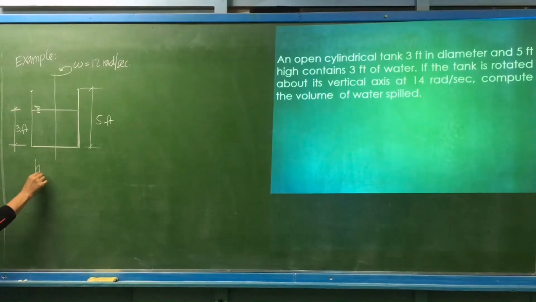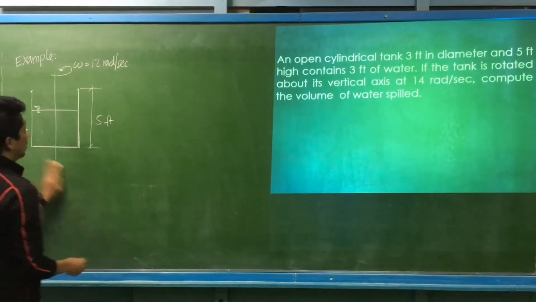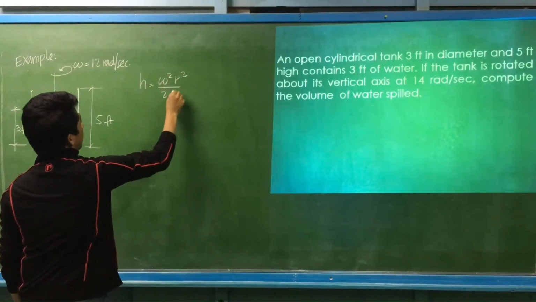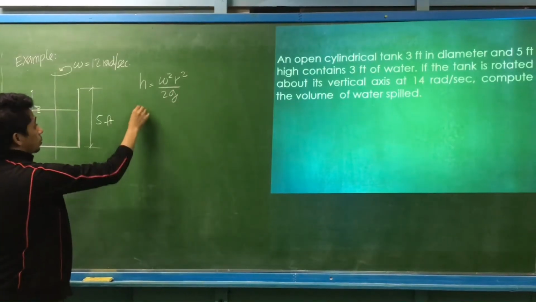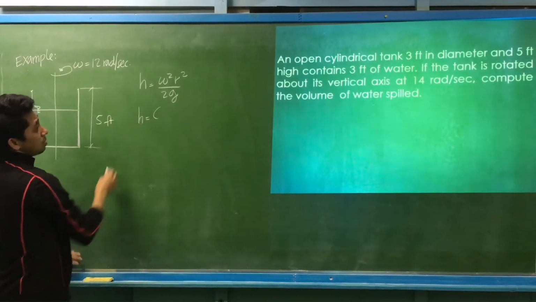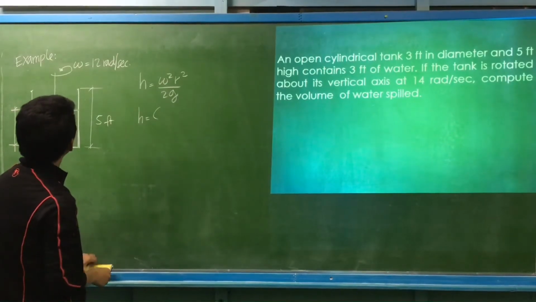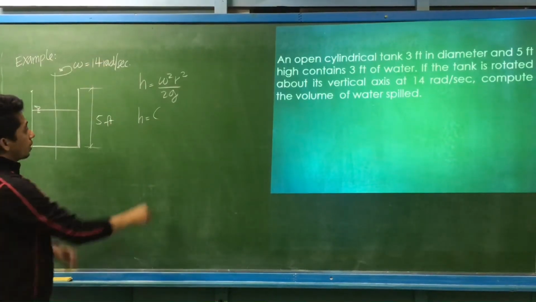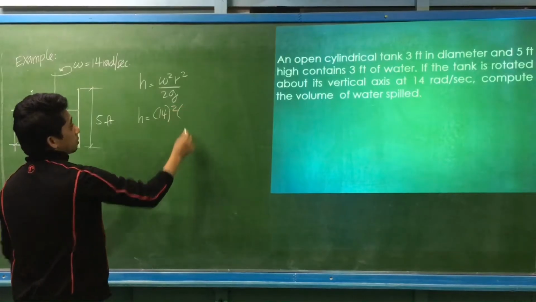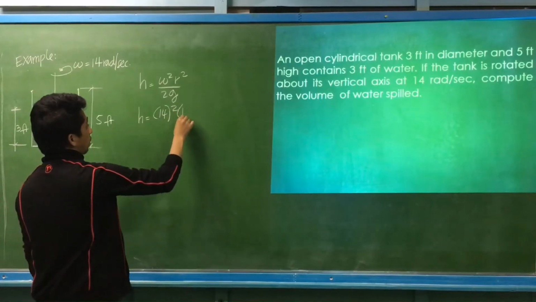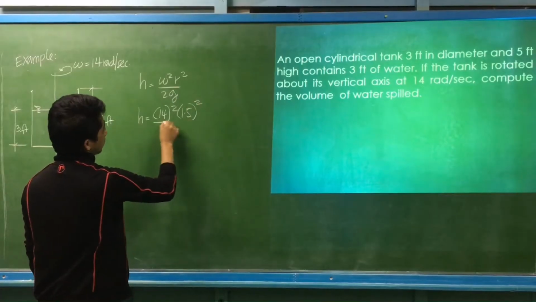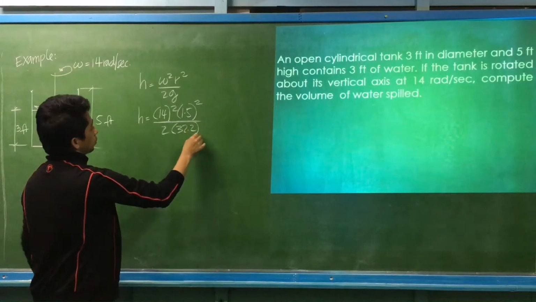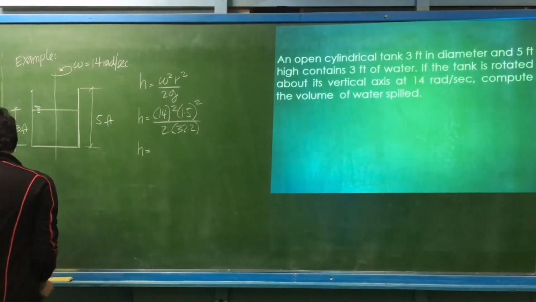So we have the height of the paraboloid h. The height of the paraboloid is equal to the angular velocity squared, the radius squared, divided by twice the acceleration due to gravity. So we have h equal to angular velocity, given, that's not 12, that is 14 radians, so this is 14 squared. The radius will be, 3 feet in diameter, that is 1.5 in radius. 1.5 squared is divided by twice, this is in English unit, 32.2. So we'll be having the height of the paraboloid